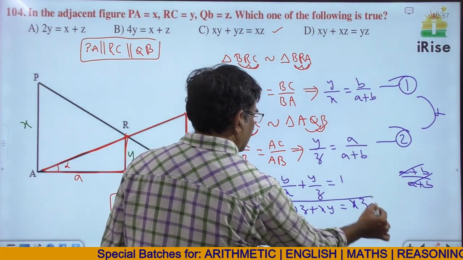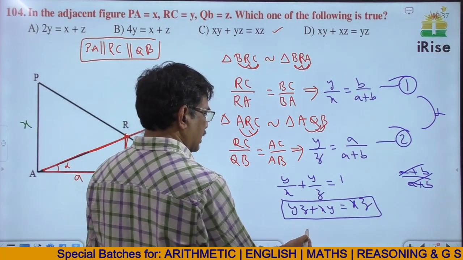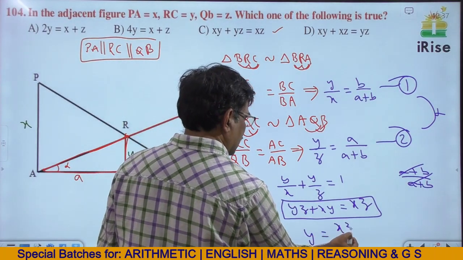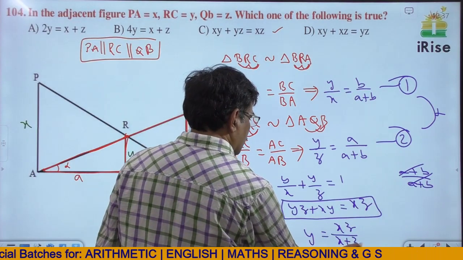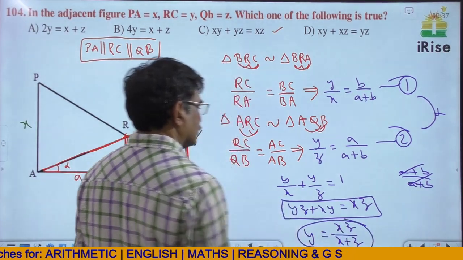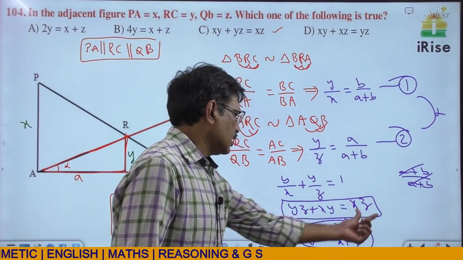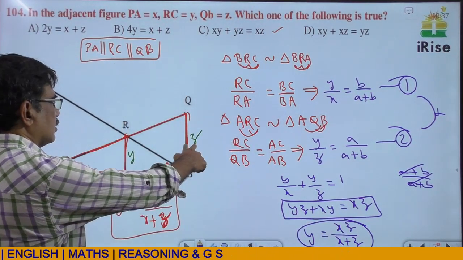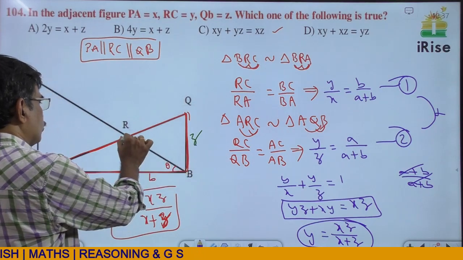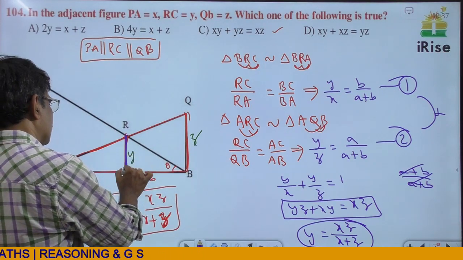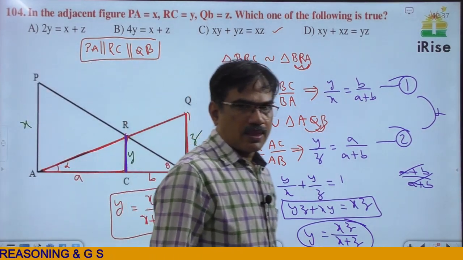Okay, actually this is the given answer, and this can also be written as y is equal to xz by x plus z. By taking y as common, z plus x transferred, xz by x plus z. That is, product of these two by sum of these two gives this line, the length of this one.